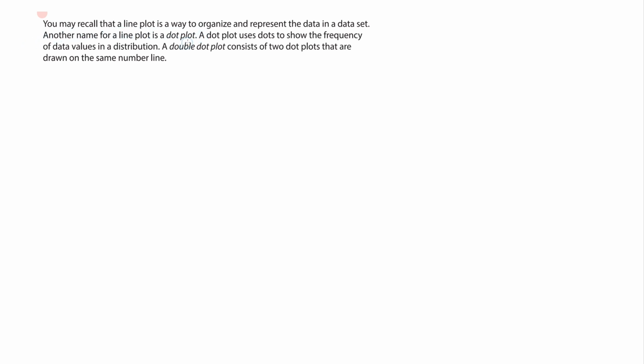For the next type of plot we're going to look at is a line plot, and another name for line plot is a dot plot. Now to me that seems kind of ridiculous that line plot and dot plot are the same thing. Yeah, a line plot,